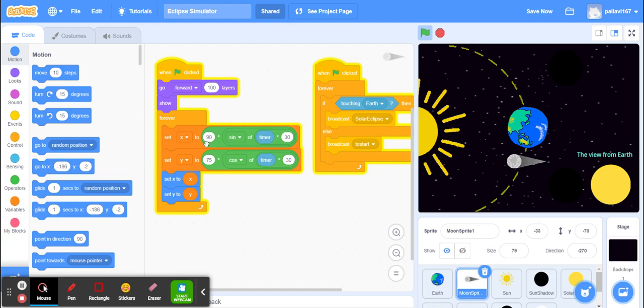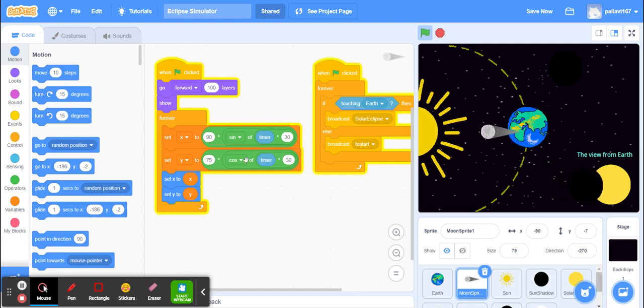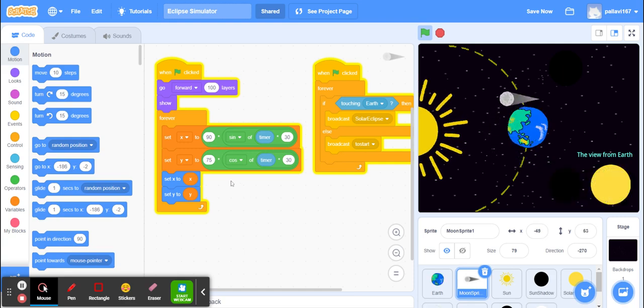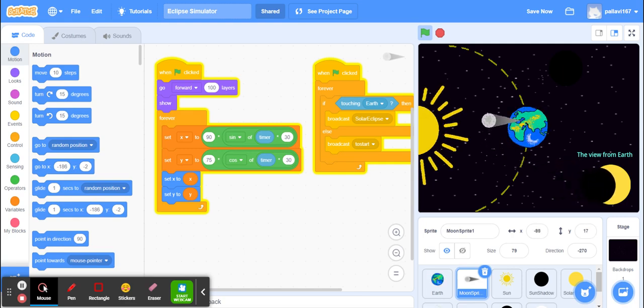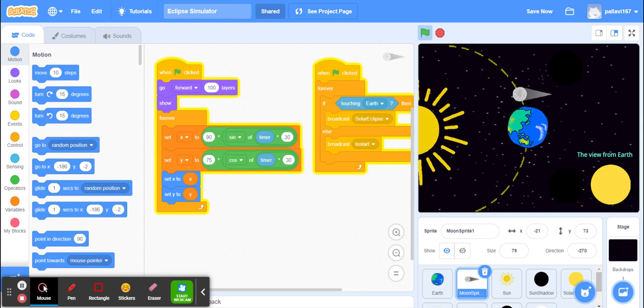the values of x and y for the moon. Here I have used this formula of some distance into sine of timer into a fixed distance, and the same for y, some distance into cos of timer into the fixed distance. Now the fixed distance I have taken here is 30.